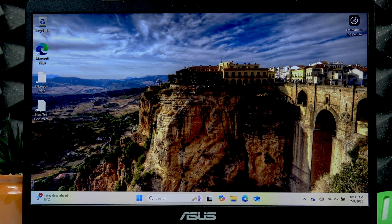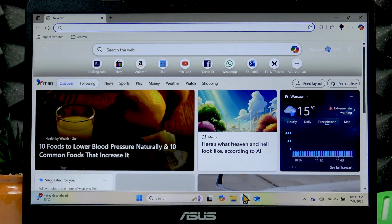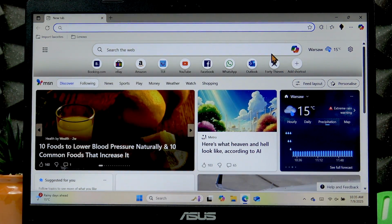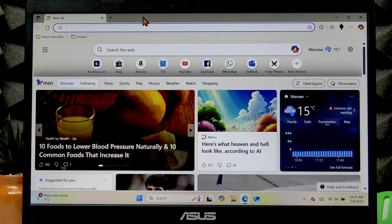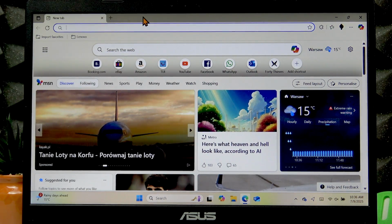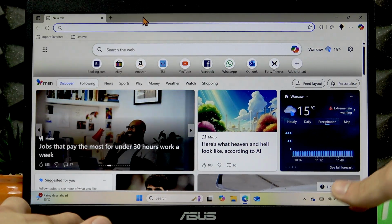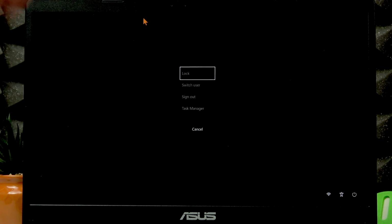So if you happen to be in a situation like this, first of all, let's check if the device is frozen partially or fully. And let's pretend that this browser application is causing this device to freeze. What we have to do in such a situation is use a combination of Ctrl, Alt and Delete buttons. Press them all at once, and if you see a menu like this, that probably means that your device is